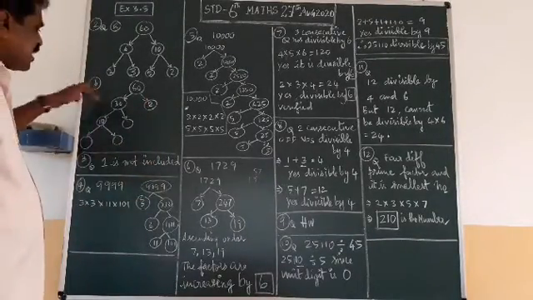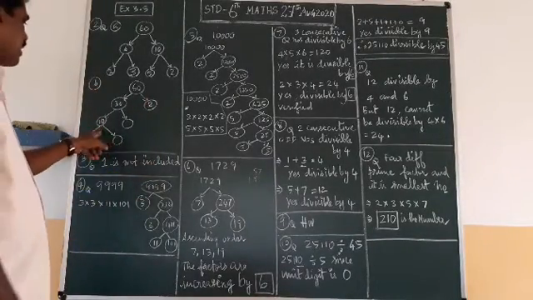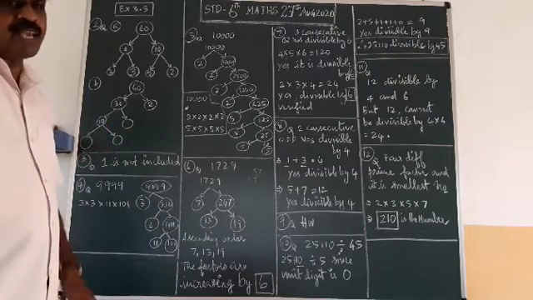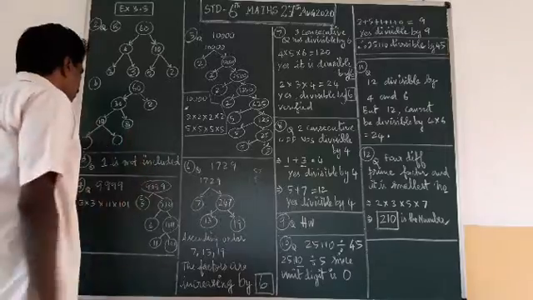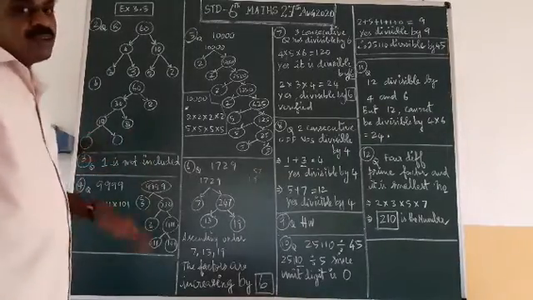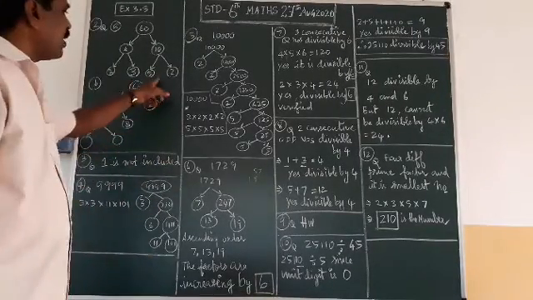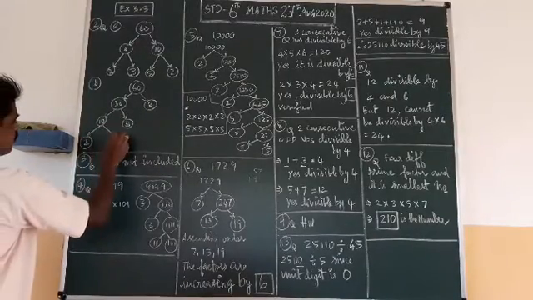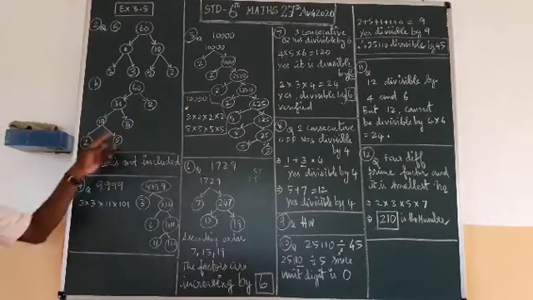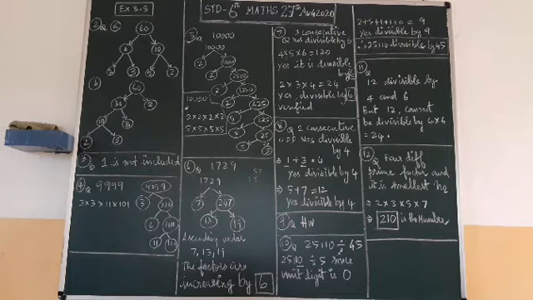Then once again 30 has other factors: 10 into an empty box. So 10, how many times do you have to multiply to get 30? 3. Then 10, what is the factor of 10? Just now we did 5 into 2, so we can write 2 into 5. So these are the missing factors in the factor tree diagram.